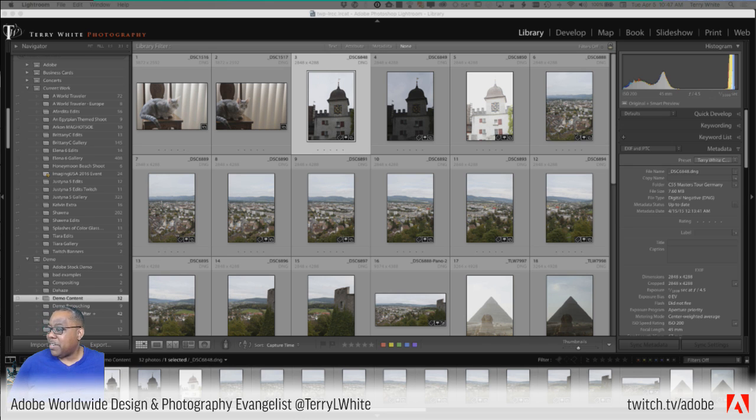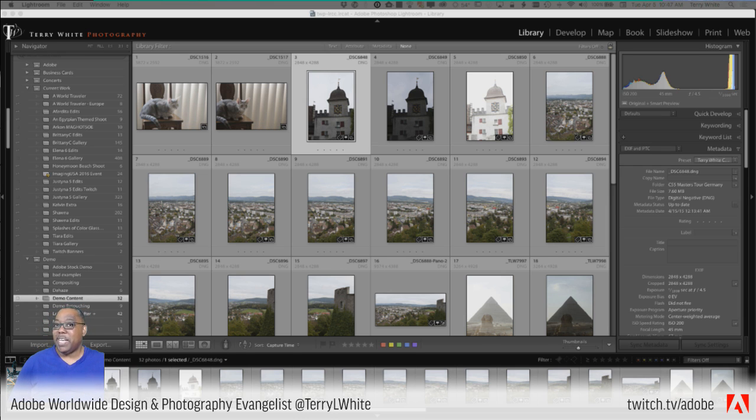So just out of curiosity, can one create negatives out of digital photos in Lightroom or Photoshop? If so, how? For mobile as well? Well, it depends on what you mean by create negatives. Normally, it's a one-way process. You go from a negative to a digital file or a print. You don't go back to a negative. So I'm going to say the answer to your question is no.